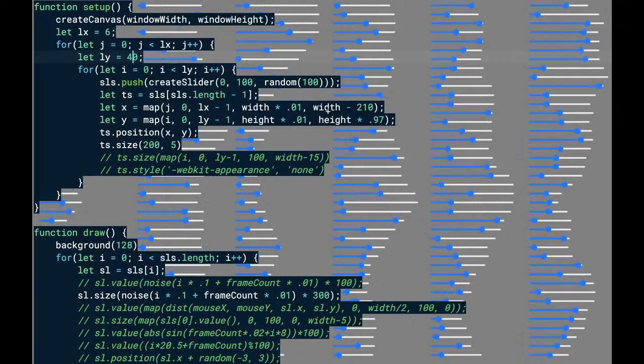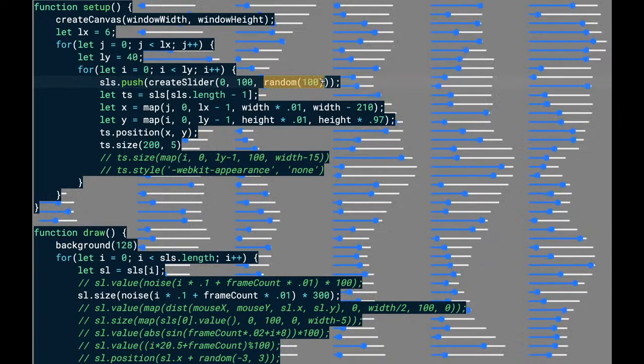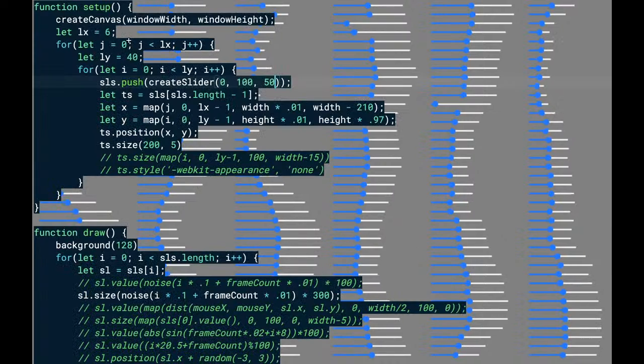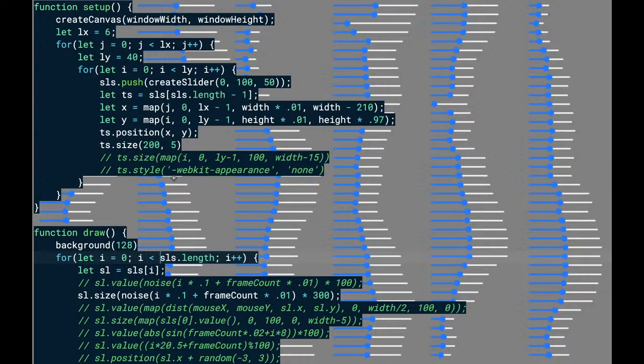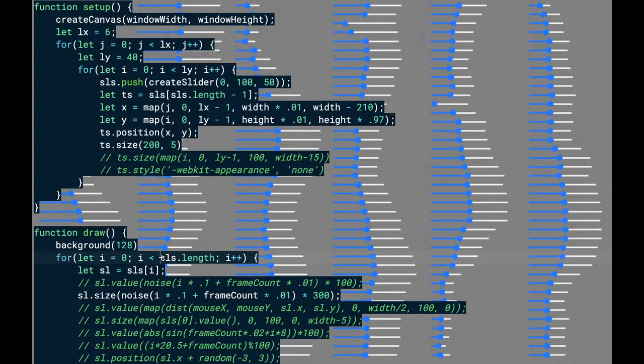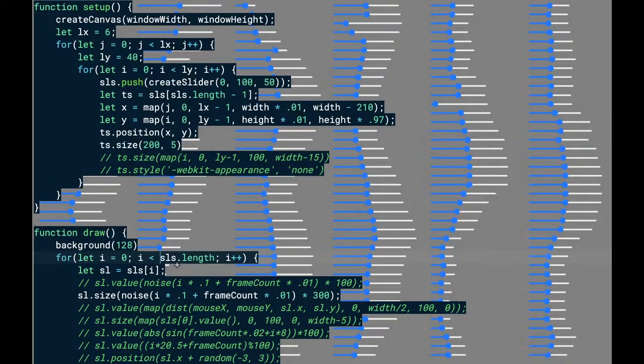So maybe if I set their position, it was at random. What if they were all at 50%? Then that's like the middle, they're all at halfway in. And then I could start to use some of the sliders because I wanted to use them, and when you set their value, you can't touch them. So now I could use the first one to actually use it for something. So maybe I use it for how many of these things I go through. How many of these lengths do I have? I think I could do something like